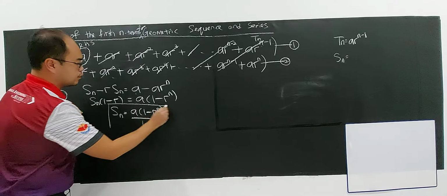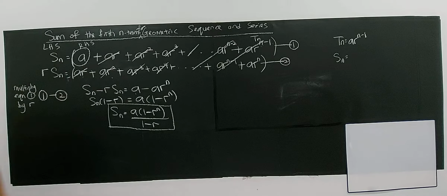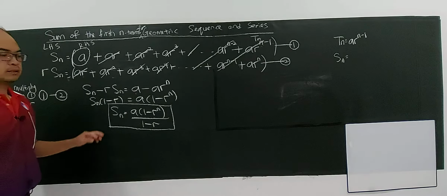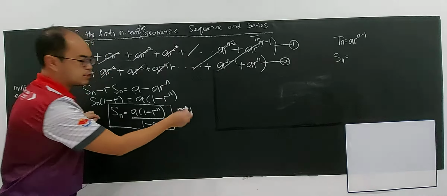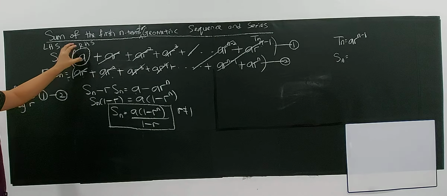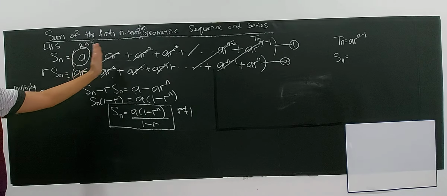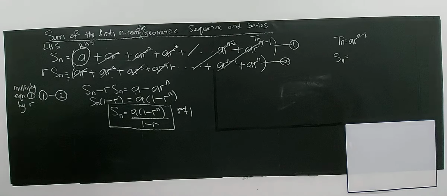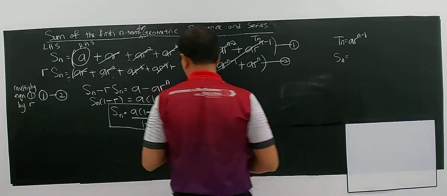So this will be the formula for the sum of a geometric series, where R cannot be 1, right? If R is equal to 1, it becomes meaningless because everything will be A. R is a constant, okay? It's the same. So now, you also can rewrite this formula as,